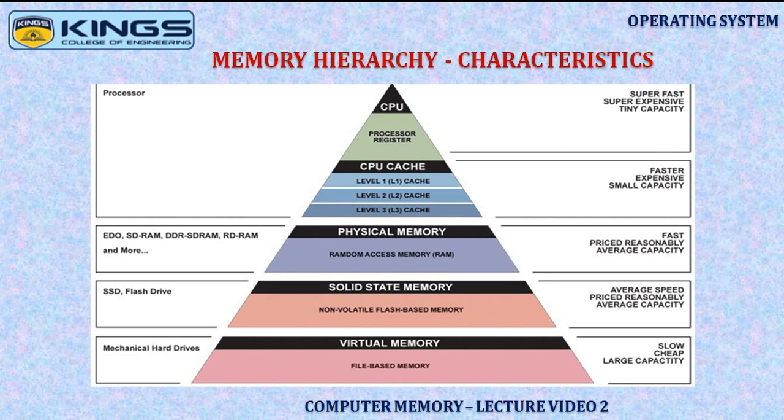As we move from top to bottom in the hierarchy, the capacity increases. Registers have a tiny capacity, cache memories a smaller capacity, and the main memory and solid state memory units have average storage capacity. Secondary storage units have a very large storage capacity. So to repeat, when we move from top to bottom in our hierarchy, the storage capacity of the memory units increases.